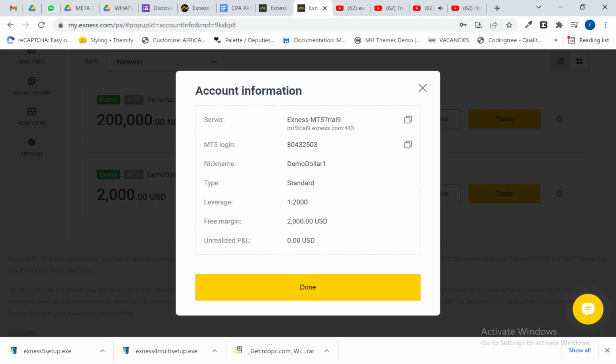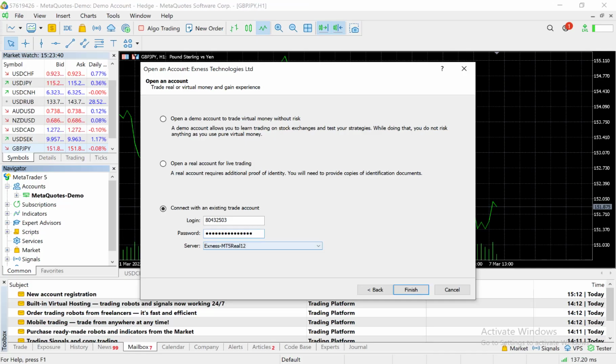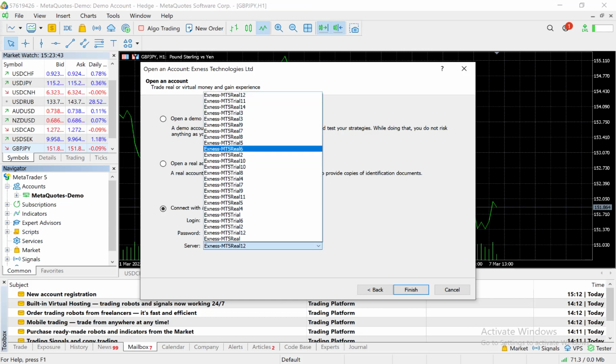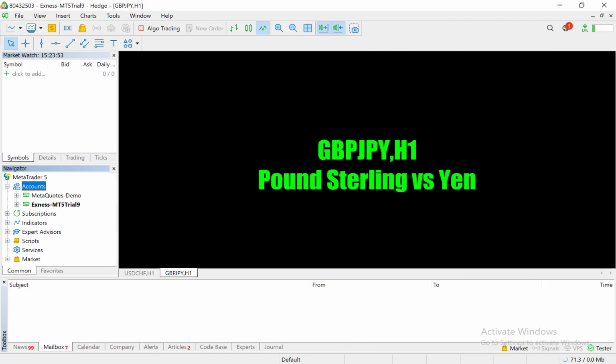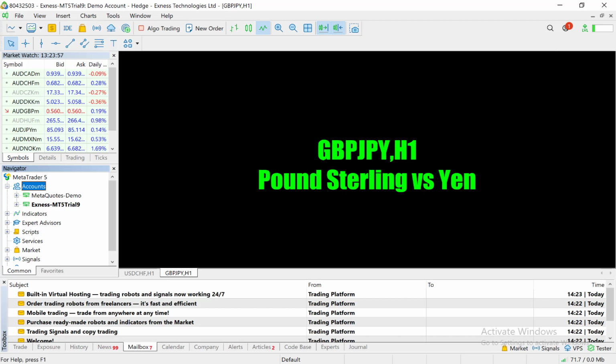So what you need to do is check this thing. You can copy it and come back to your trading software and search for MT5 trial 9. Okay, this is it. So once you click on this and then you click on finish,